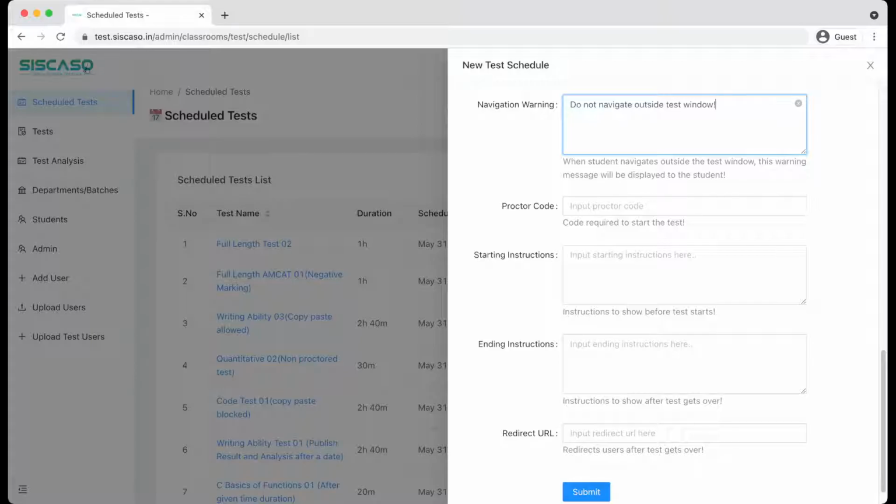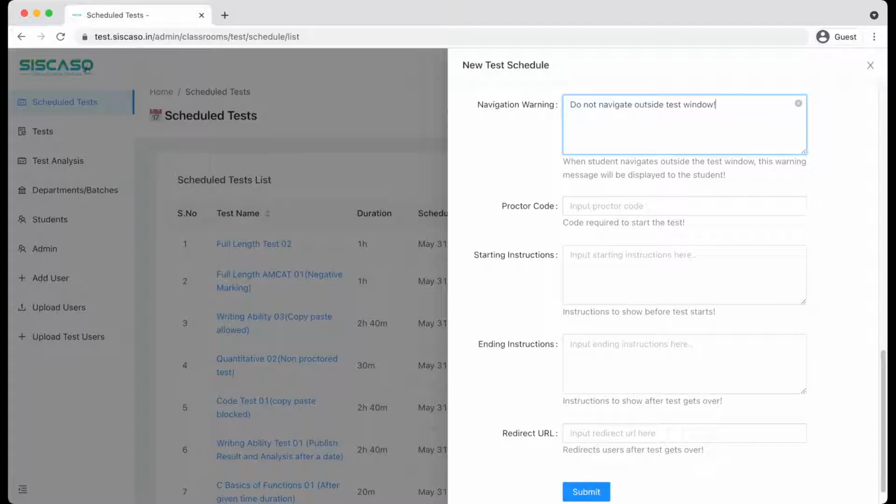It doesn't necessarily have to be instructions. It can be the starting instructions, a greeting, notes, or something they want to remember before starting the exam. Some keynotes, like what they can do and what they cannot do, or any customized instruction that is only for the specific test. Let's say they should attend the complete test, or we want to give directions on how to attempt the test, whether they should skip questions or not, to improve the students' ability to effectively utilize the complete test platform. So this is one important feature we can utilize. This will be shown at the time of starting the test.